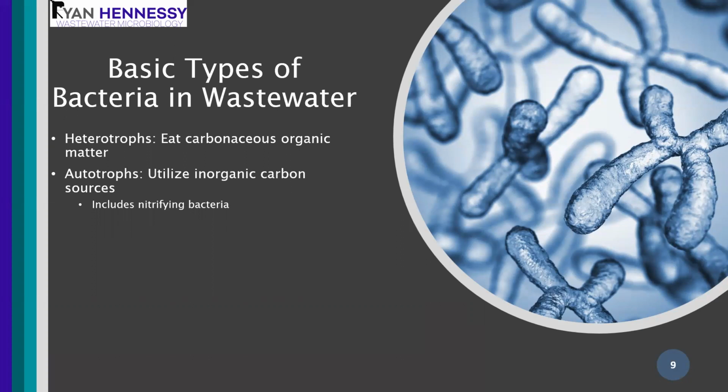So for example, nitrifying bacteria are going to use alkalinity as their food source. So it's important to distinguish that the heterotrophs are eating the food, whereas the autotrophs are fixing other things for